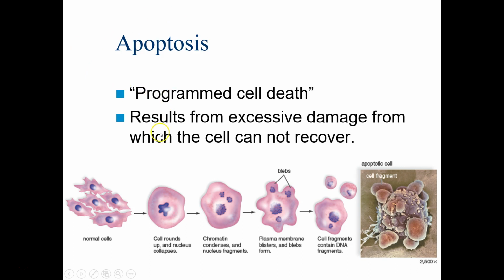Now, the first step here is that the cell is going to round itself off. It abandons the shape it has, and the nucleus starts to collapse in on itself. The chromatin condenses, the nucleus fragments into different bits, and then these little things called blebs form. This is called blebbing. It's a really exciting word to say, blebbing. But effectively what the cell does is break itself up into little fun-sized, bite-sized chunks for the immune system. Then the phagocytes come along and eat them up. This is the way things are supposed to happen if the cell is self-destructing properly. It's actually a good thing, right?